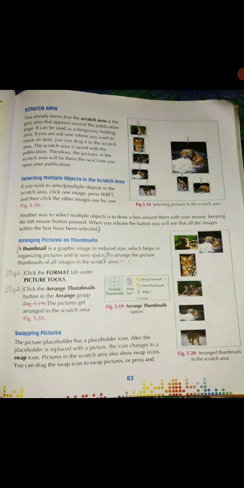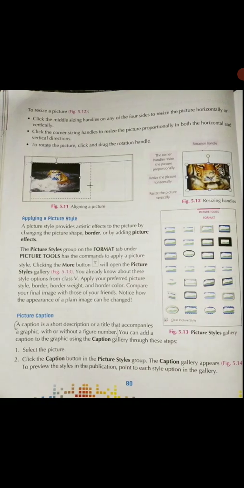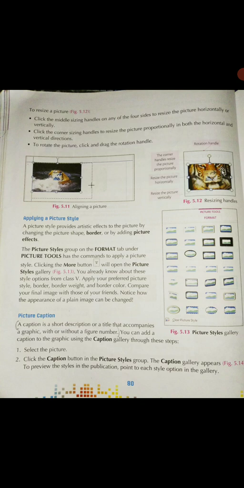The first one was how can you select multiple objects in the scratch area, and the second one was how can you resize a picture in Publisher. So regarding these two question and answers, no one has any sort of doubts. Students, these two answers you learn as your homework.